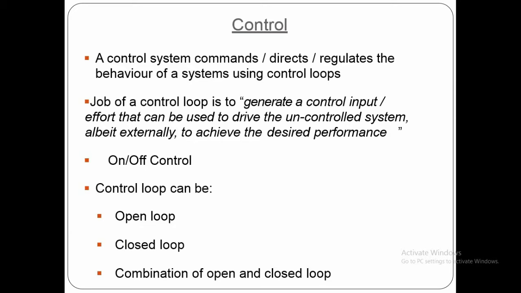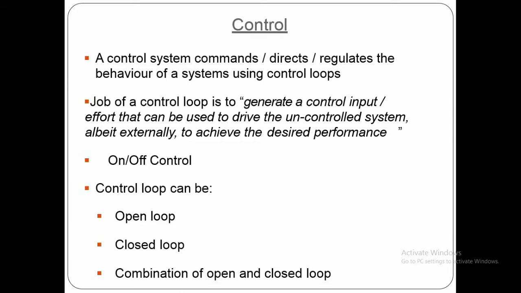Suppose a chemical unit has to have the temperature required at 45 degrees, or 60 degrees, or 70 degrees. So we can do a set point. So this 70 degree set point is not possible in on-off control. So we can use a different type of control system. So that is the proportional integral derivative.